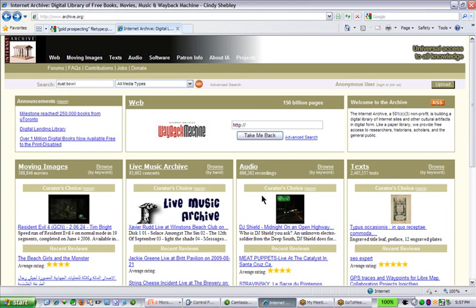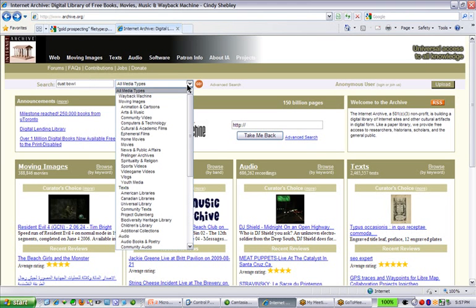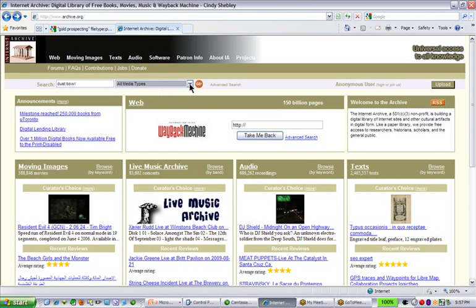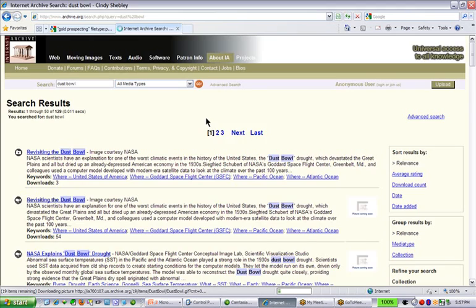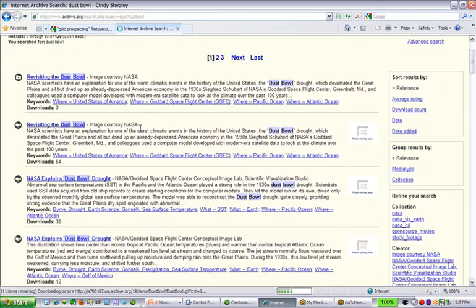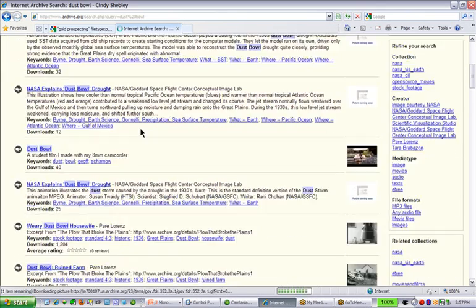But go to www.archive.org and look here, search media types. Let's look for Dust Bowl, and you can search certain media or all media. I'm just going to do all media and click go. And you have some very boring images that I've already looked at from NASA. But as we come down here, we find